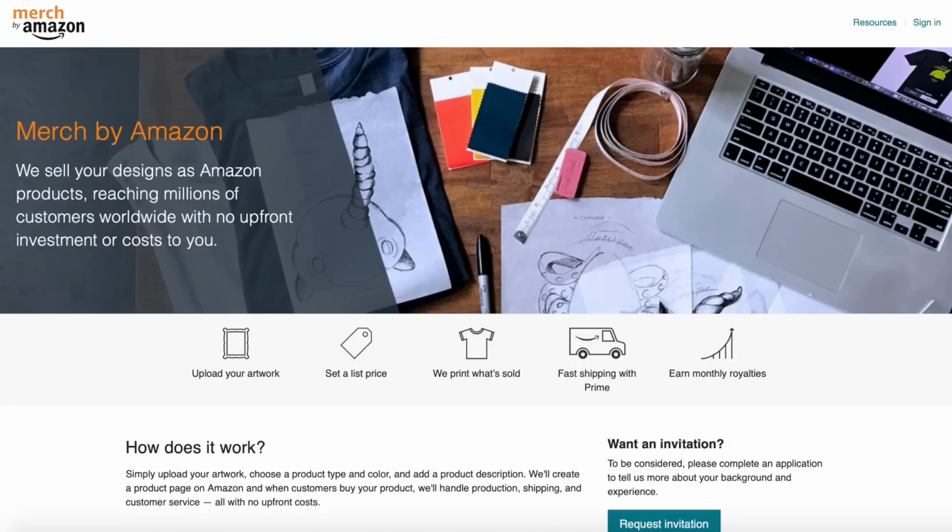And then the third one is Merch by Amazon. This is Amazon's version, and this is the only one of the three where you actually have to apply to be a print-on-demand seller. So with that said, go through the application. It only takes about 5 minutes, and not everyone gets accepted. So this is just a fact. But with that said, if you don't get accepted, you can reapply with a different email address until you do get accepted. Once you're accepted, you're in for good, so you're good once you are accepted. Just keep applying until you do get accepted.